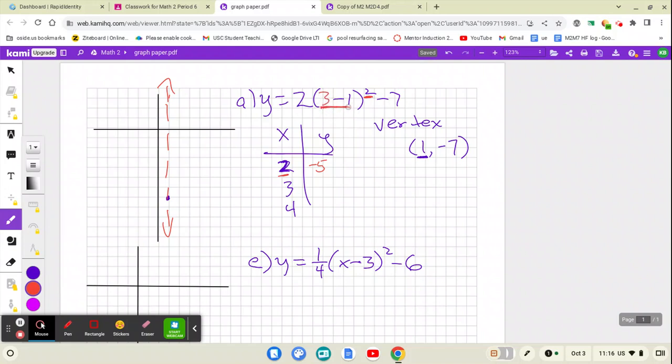3 minus 1 is 2. 2 squared is 4 times 2 is 8. 8 minus 7 is 1. I'm going fast. If you can't do it that fast, that's fine. You don't have to do it fast. You can also use a calculator. 4 minus 1. There's a good chance I'll make an error if I go fast here. 4 minus 1 is 3. 3 squared is 9. Ooh, 9 times 2 is 18. Minus 7 is 11. I don't know that I'm going to fit that one, so probably won't be graphing that,